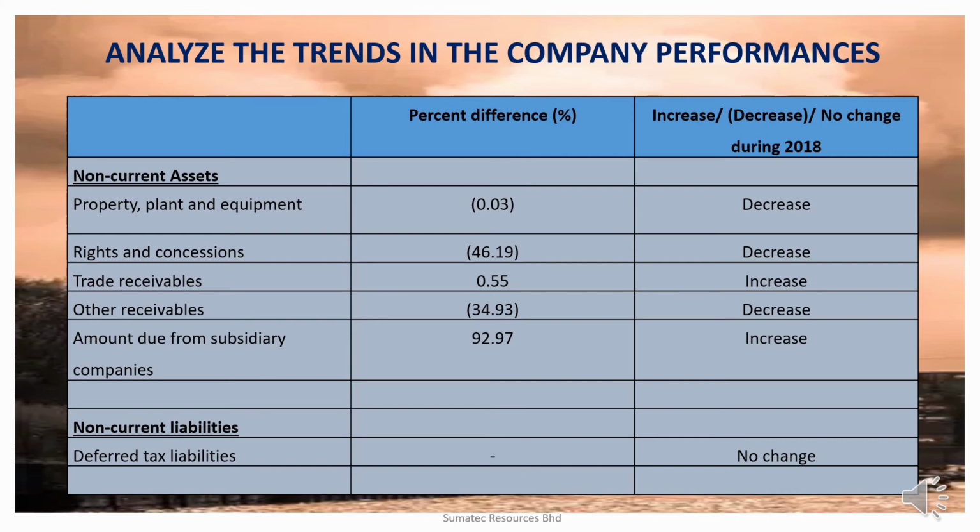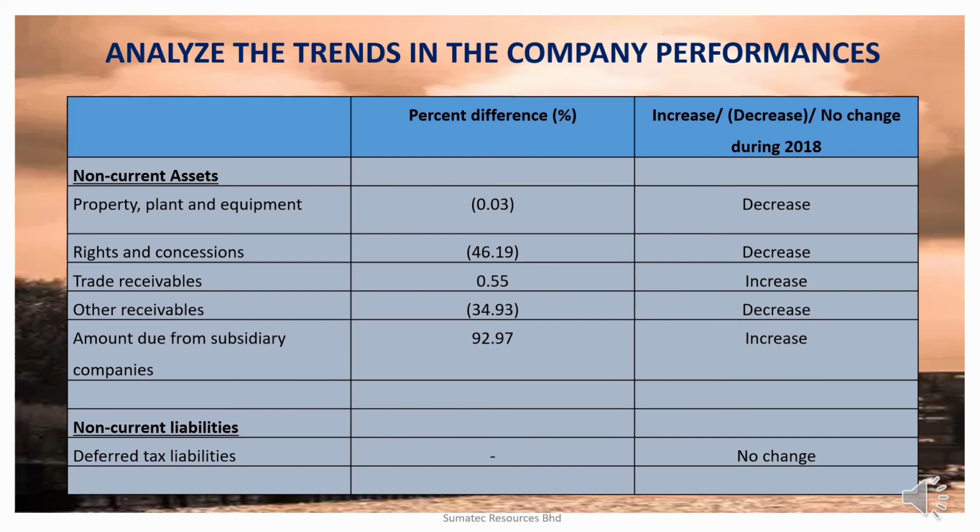For amount due from subsidiary companies, there is an increase of 92.97%, which means money for goods or services is received by a subsidiary and is on its way to being forwarded to the parent company. The separation of funds is particularly useful when disbursements are scheduled for payments. The process of separating receivables and payables also helps in tax charges as movement in and out of due from